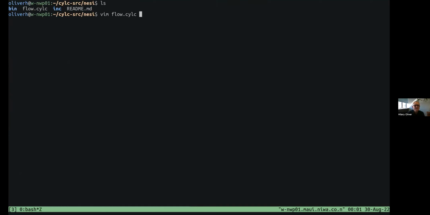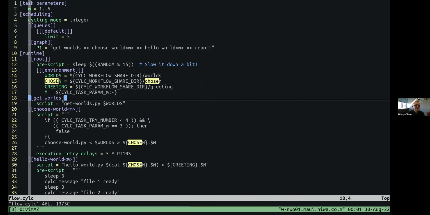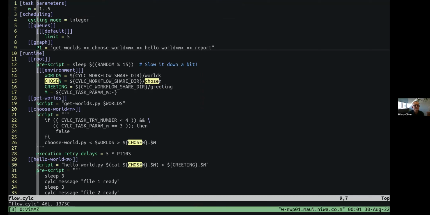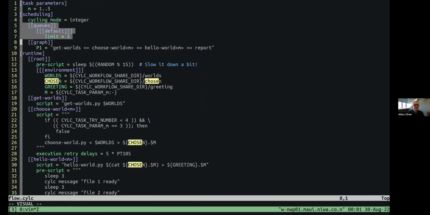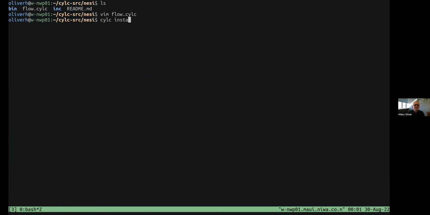All right, so now the workflow definition. It's almost identical, except that I've changed R1 to P1, which is short for run indefinitely from the initial cycle point on a period of 1 on integer cycling. So it's now going to run an indefinite number of copies of this parameterized workflow. I've also added queues, like we mentioned before, to prevent overwhelming the system. It's going to run a maximum of 5 tasks at once. And I've also added some stuff that causes random failures and automatic retries, just to make life more interesting in the UI. So Cylc install.